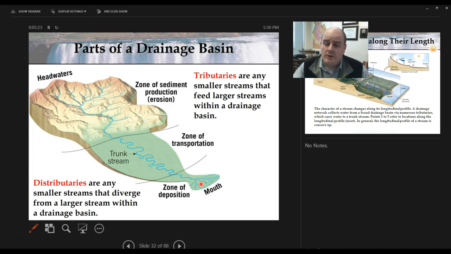That's the sediment anymore. Whereas this area here is what we call the zone of transportation, where the sediment is being transported. And the headwaters is the zone of sediment accumulation or zone of sediment production, where it's being eroded. Right? So up here is where a lot of the sediment comes from, and then it goes all the way out to the mouth. So for example, the mouth of the Cape Fear is near Wilmington, and that water from